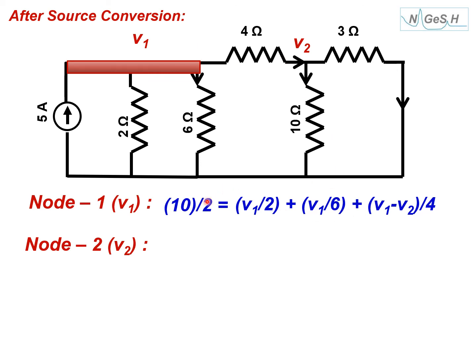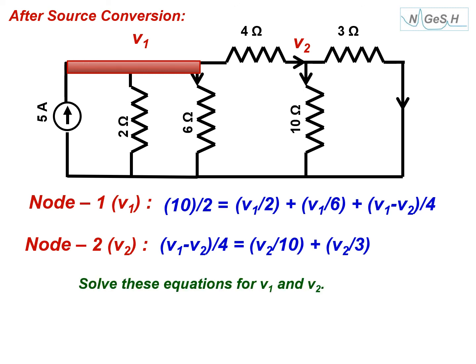This equation is the same as the previous equation, except that earlier (10 minus V1)/2 was there. Now V1 has come to this side. I just wanted to tell you about the validity of converting the source. However, this current has no real meaning, but once you solve for V1, you can calculate currents, and the equation at V2 will not change. It will be as such. So I hope you understood this technique, and you can apply this for solving very complicated circuits also.